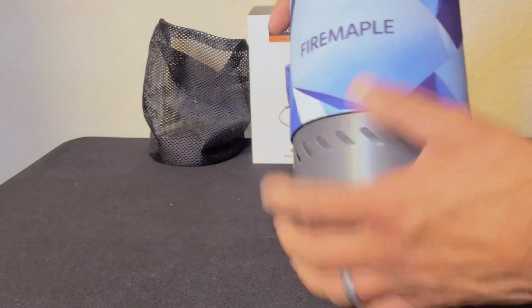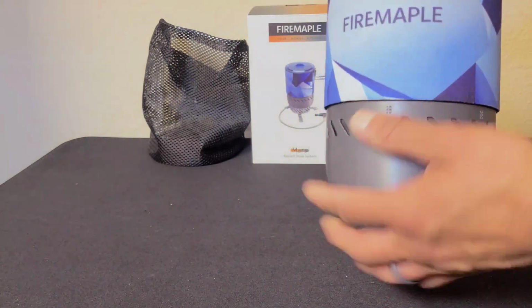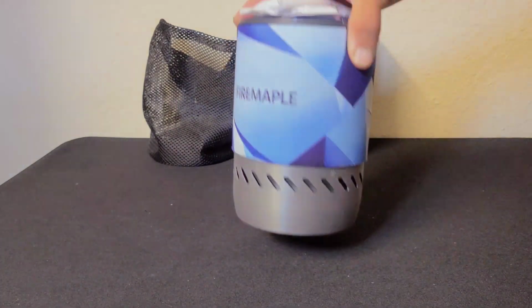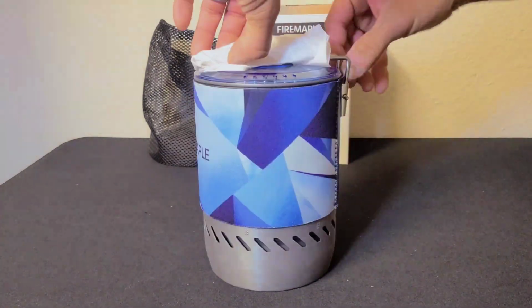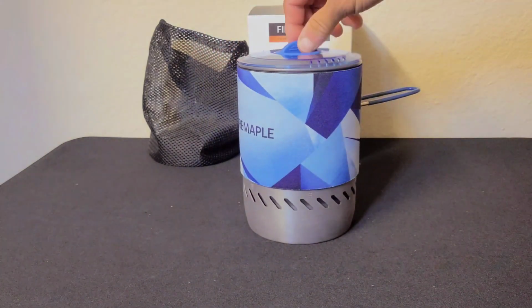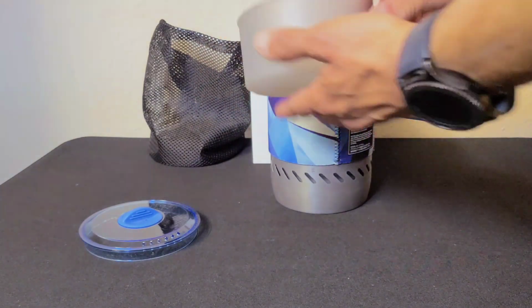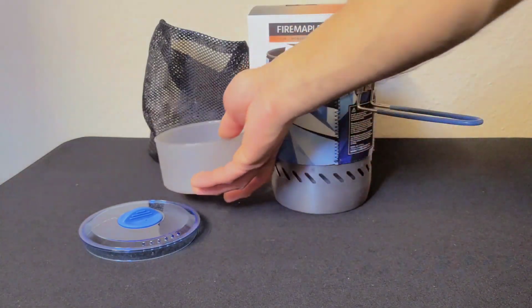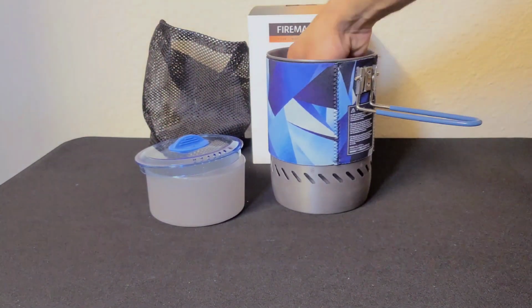It also comes with a soft textured stove protector. I think it's like an insulated pot cover, so it's pretty soft. That way, when you have these things boiling, you don't get burnt. You can actually hold it right here, or you even have a handle. What you do is press this handle back here and flip it over. It comes with a plastic lid, and it looks like it also comes with a bowl. You can use this on whatever you're cooking on this pot. So you have this lid, you have a plastic bowl, comes with a box, and I think this is going to be